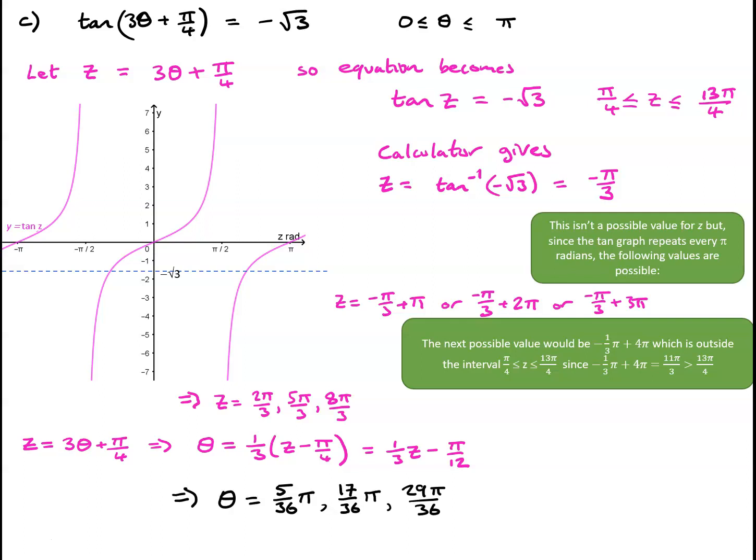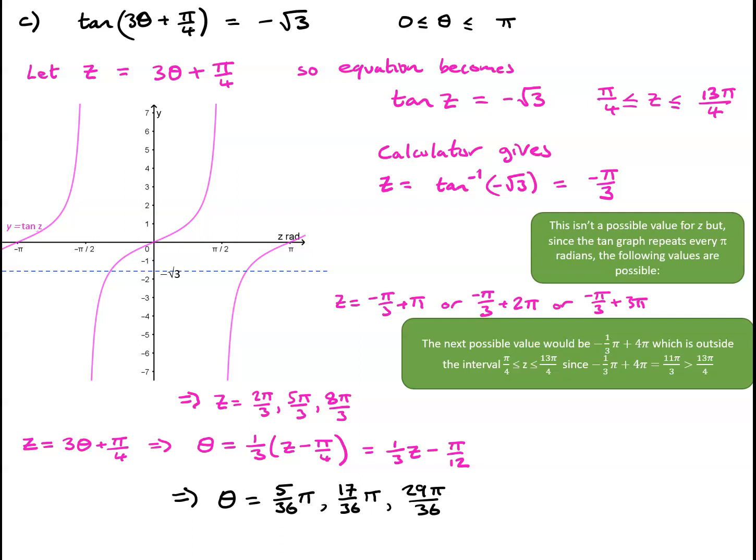So we've got the roots of the equation tan 3 theta plus pi by 4 equals minus root 3, which satisfy theta lies between 0 and pi, are 1/3 of 2 pi by 3, take away pi by 12, which gives me 5/36 pi, 1/3 of 5 pi by 3, take away pi by 12, which gives me 17/36 of pi,